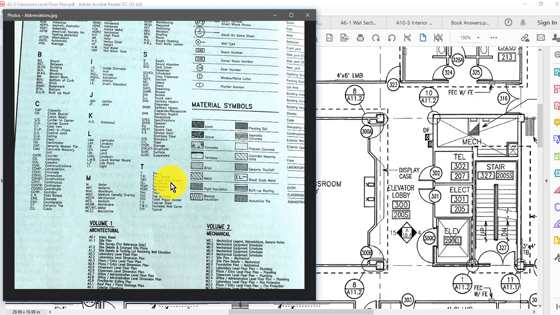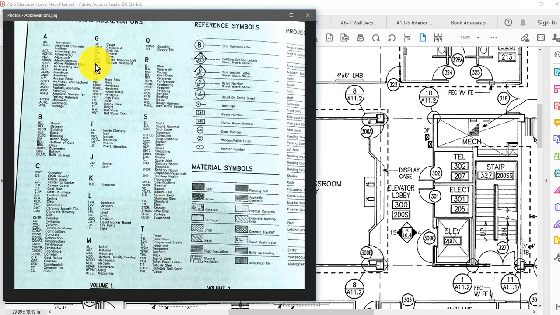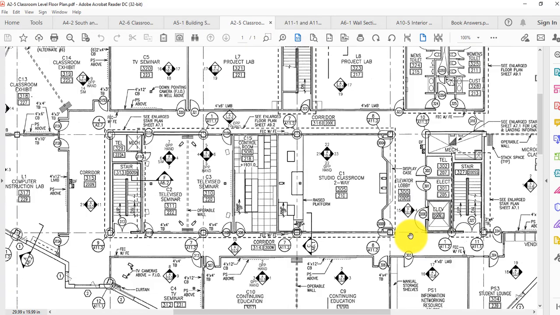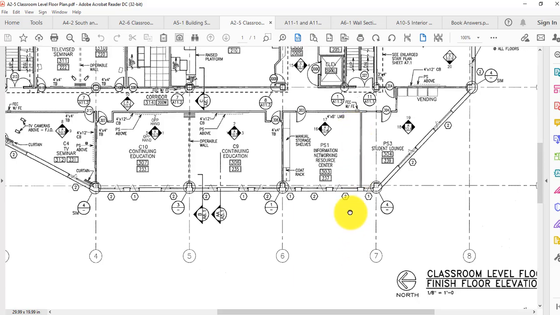One of the walls has this tackable wall cover. It's TWC that's on top of the gypsum wallboard, which is GWB. So I just wanted to point that out to you in that detail. And when you see something like DF in this hallway next to the elevator, you can see that there's a box there. It kind of looks like a drinking fountain. Most of the time you can make that out, and it is somewhat simple